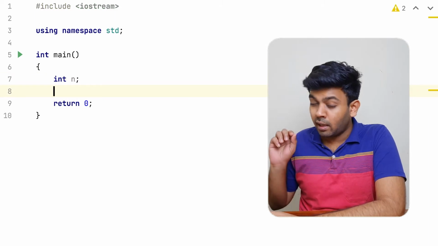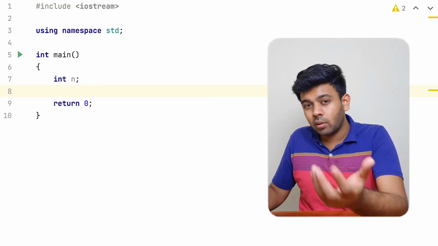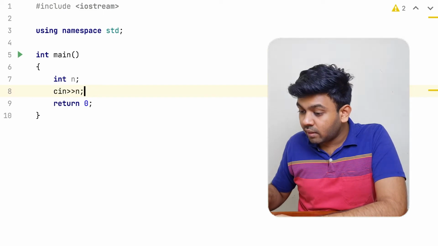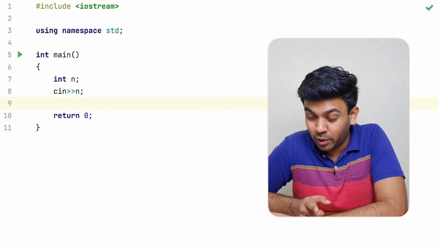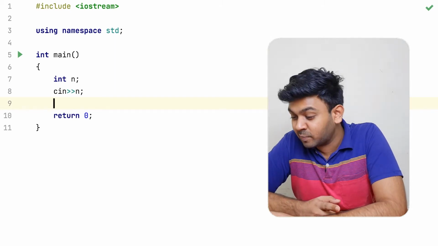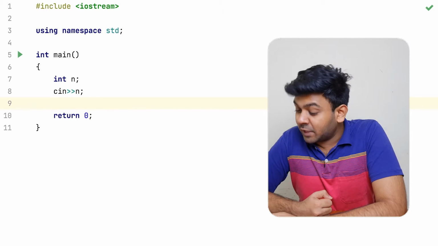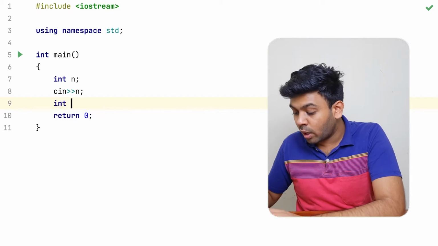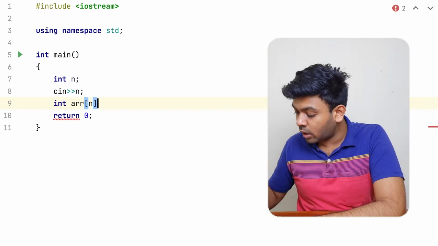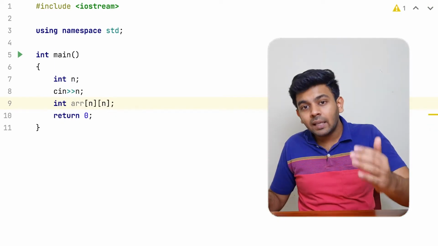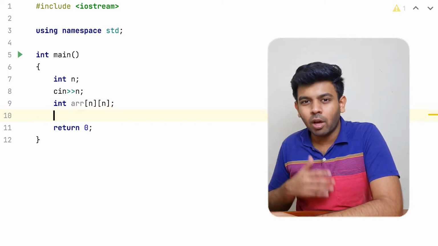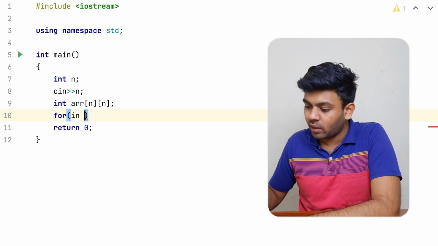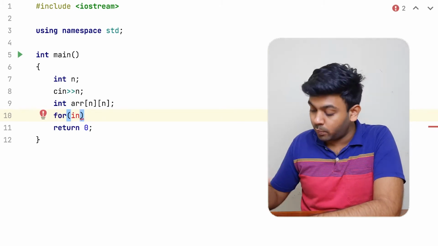First declare a variable n, which is going to denote the size of the matrix. Since it is a square matrix, you just need one variable to do that, and I'll first get the input of this value. This is the mistake that I made previously, and I'll not repeat my mistakes. Proud moment. Okay, fine. So I got this integer input, and this is going to be the size of the matrix. So I'm going to declare a matrix now of size n comma n. It has n rows and n columns in it. Since it is a square matrix, that is what it is going to be. Now we have to get the input of the matrix.